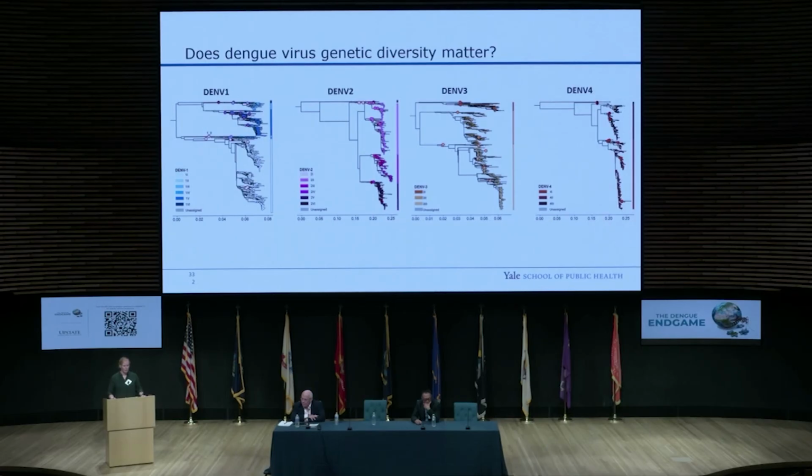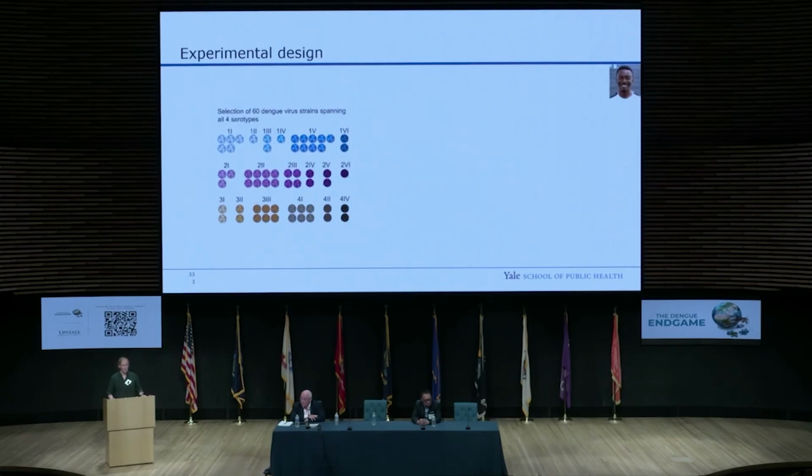Wolbachia-based control. In these trees, you see red circles. Those were viruses that we selected for experimental evaluation, and we really tried to have a very diverse panel. We ended up with 60 viruses: 20 dengue 1s, 20 dengue 2s, 10 dengue 3s, and 10 dengue 4s. These all came from the Yale Arbovirus Research Unit and the World Reference Center. With that, we set up an experimental system so we could comprehensively evaluate how well all these different viruses would be inhibited by Wolbachia.